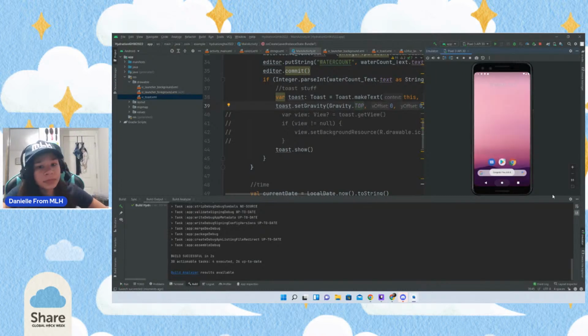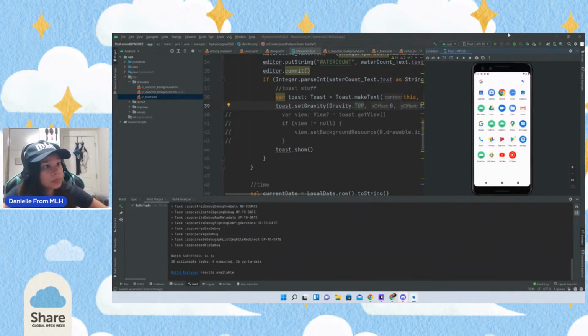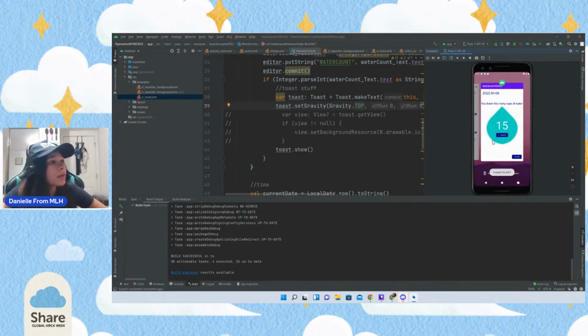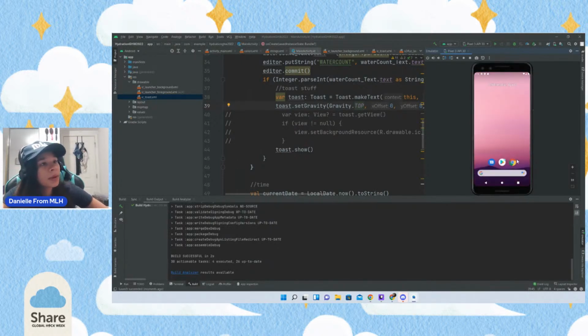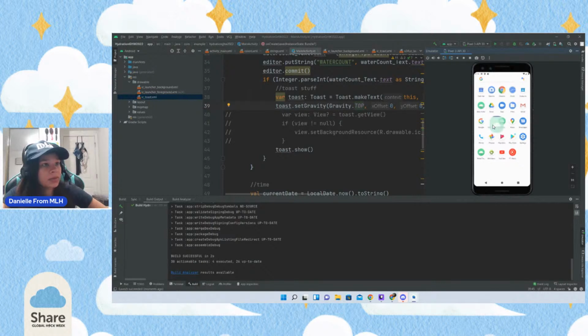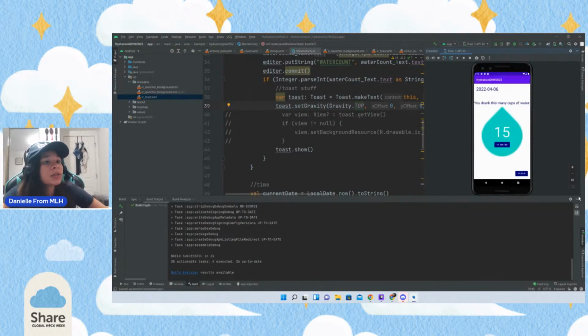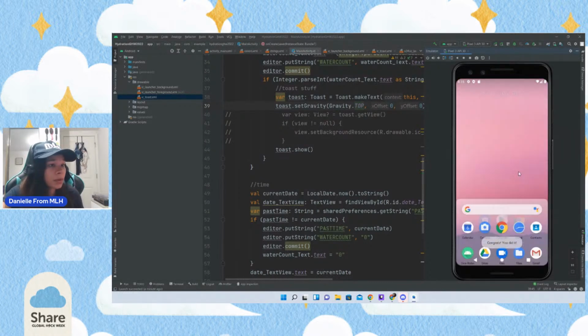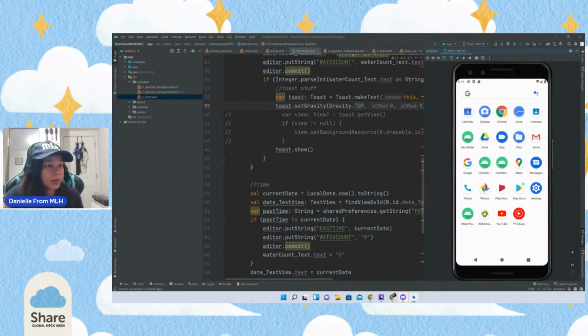Let's clean this up. Oh well, the toast stuff isn't working. But I'm pretty proud of the app that we created, because over here we can see that the app not only takes account, it congratulates users when they get to 8, and we can have this auto clear button, but including that, we have it so